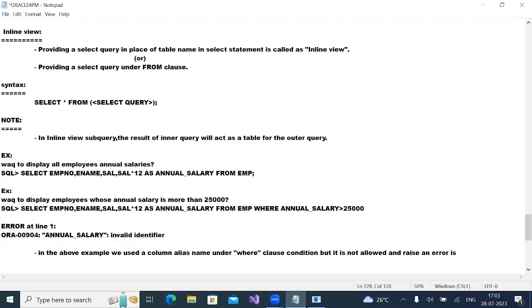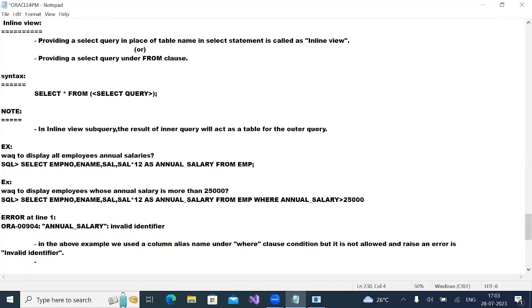What is my error here? Invalid identifier. Now, to overcome the above problem,